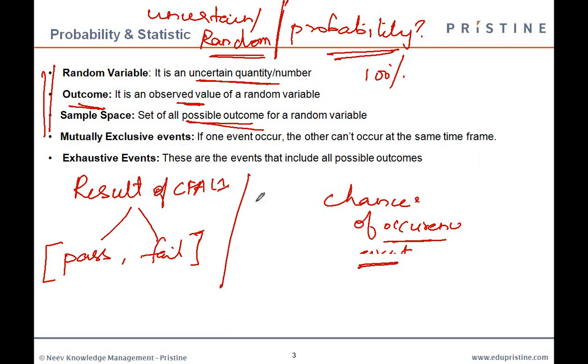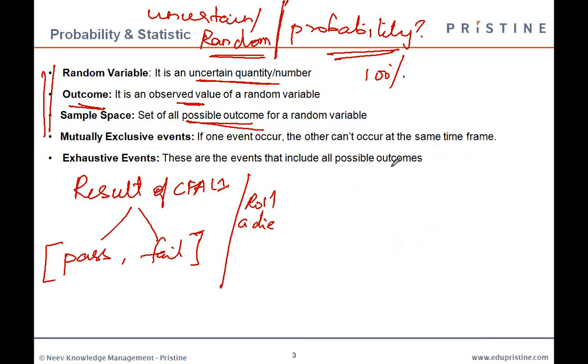Let us take a different example. When you roll a die, all of us know what a die is, right? Those who have watched the Mahabharat serial, Shakuni rolls a die and says, I want a 6, right? So that is your die. When you roll a die, what face you will get is again an uncertain event. So rolling of a die is a random event, a random variable.